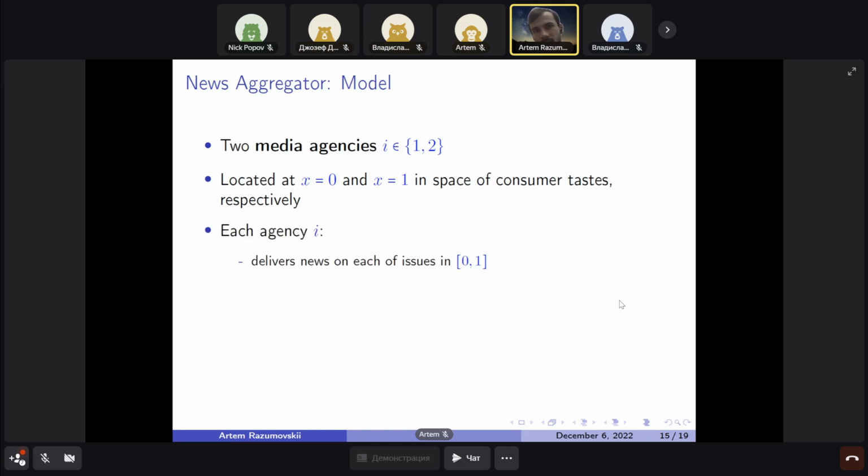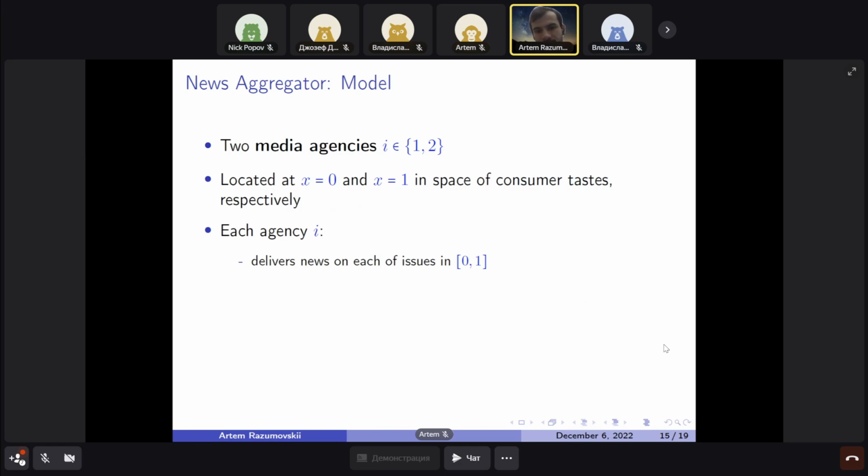So then the agency can deliver the news on each of the topics from 0 to 1. Sorry, I talked about sport and music, it's a bit different. So now we will have a continuum of topics from 0 to 1,